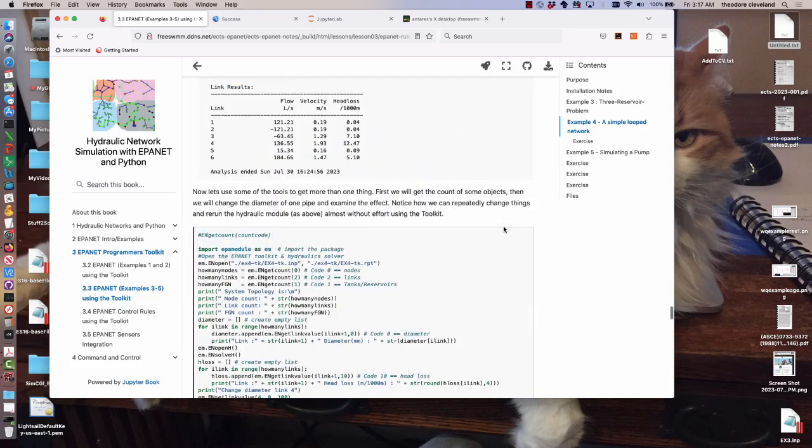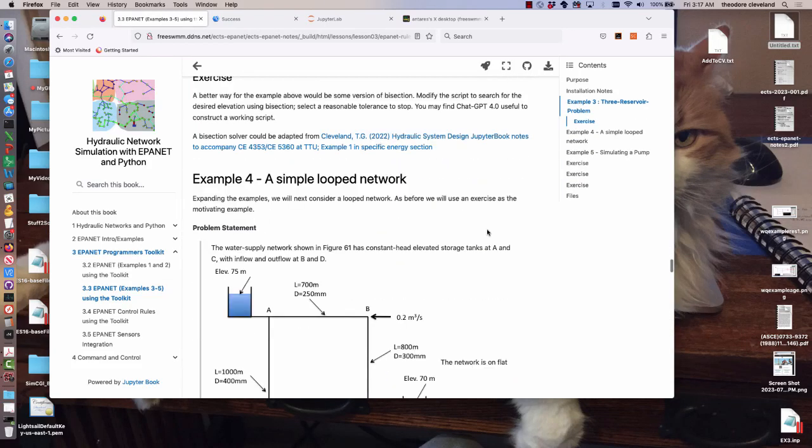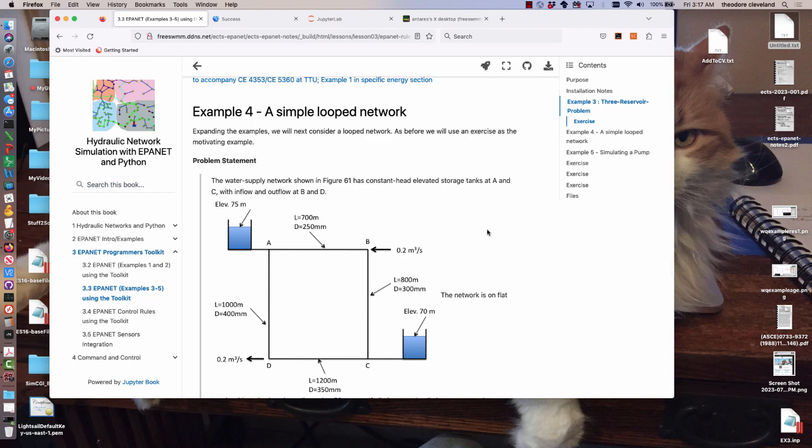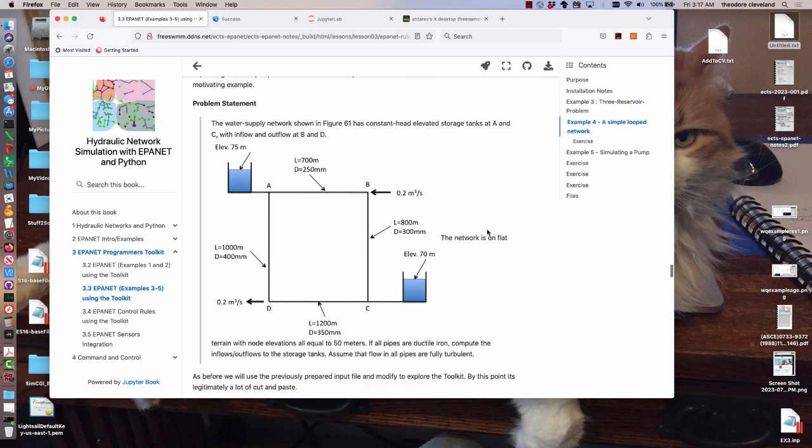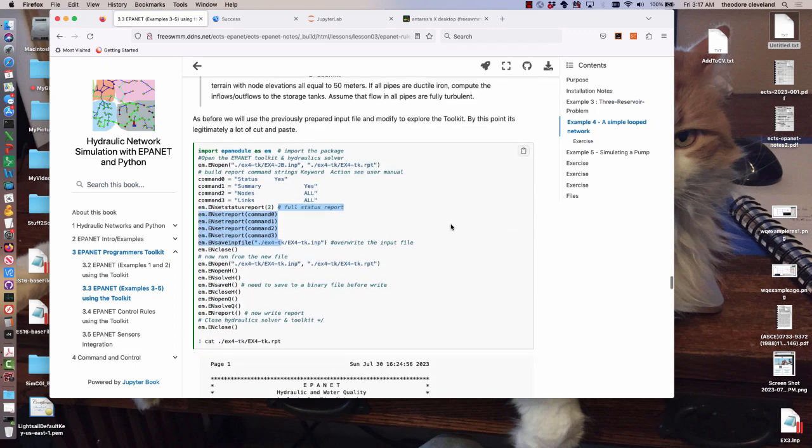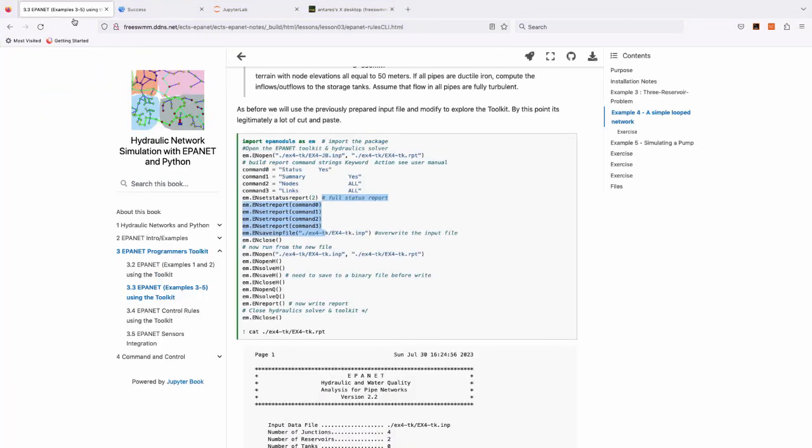Okay, so our next one we're going to go ahead and do example 4, but we'll access it using the toolkit. And again, I'm going to actually cheat and cut and paste from my notebook. So let's see what we're going to cut and paste. We're going to open the package, and then we're going to open the file,